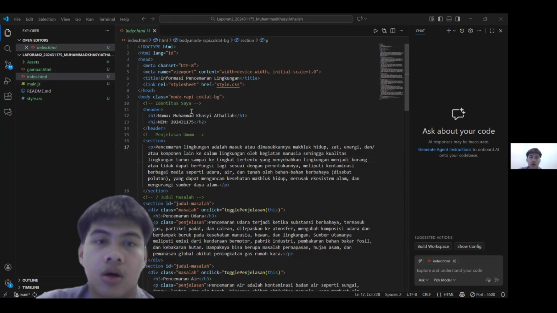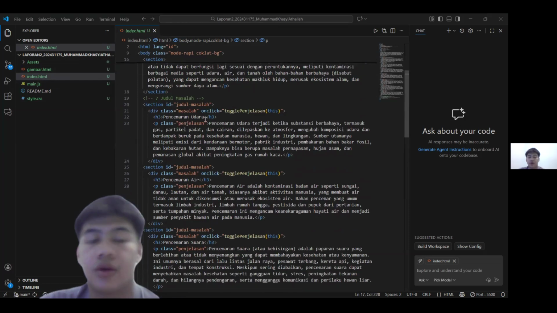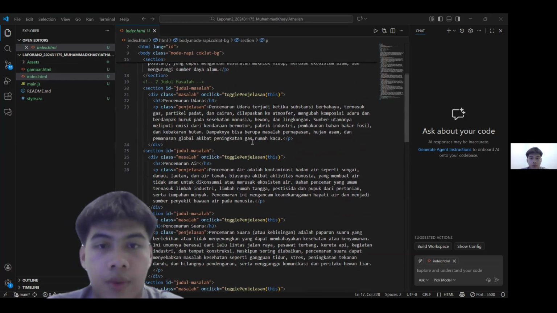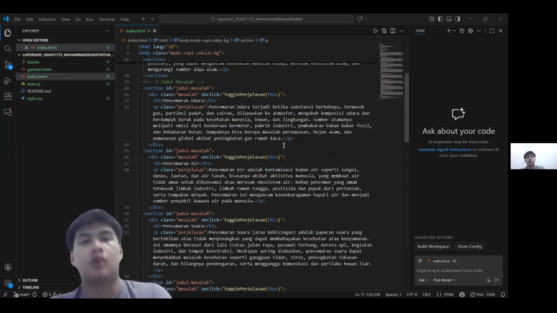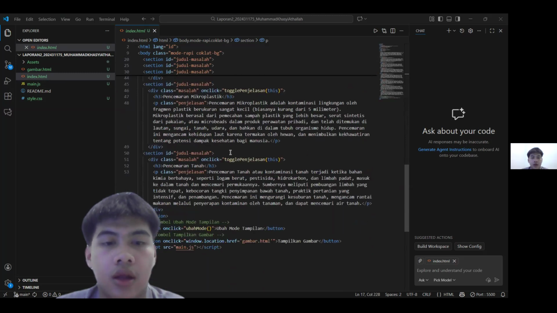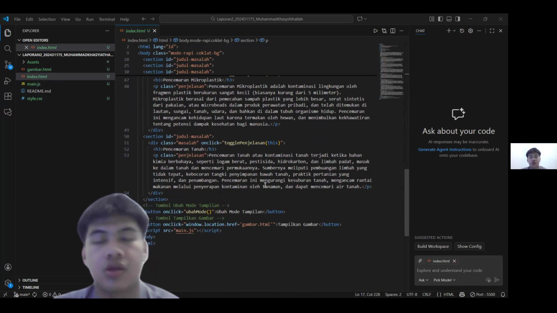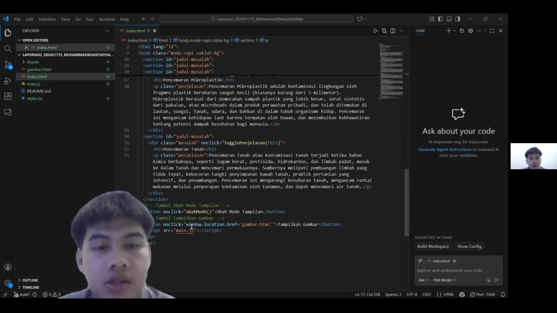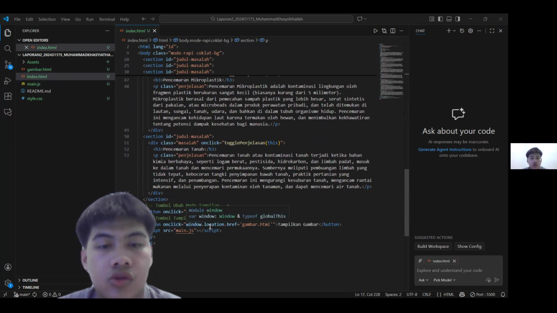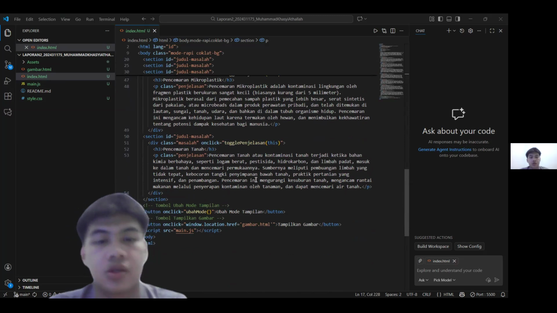Here I use section, div class, and paragraph elements, and I fill them with the paragraphs that I give in the first page. This is the explanation and the topics, and then we use the function ubah mode, or change layout, here. And then a button to reference gambar.html, or tampilkan gambar, or show picture.